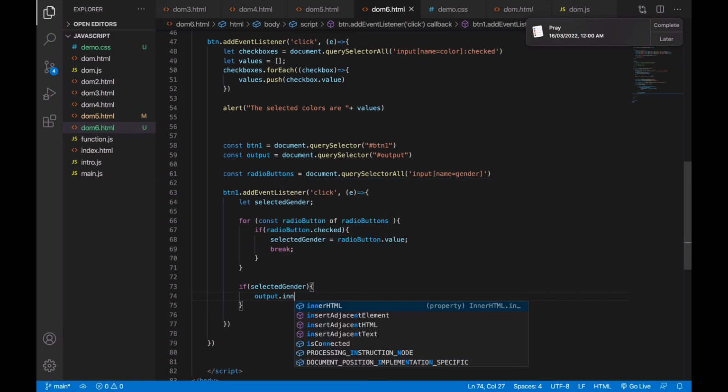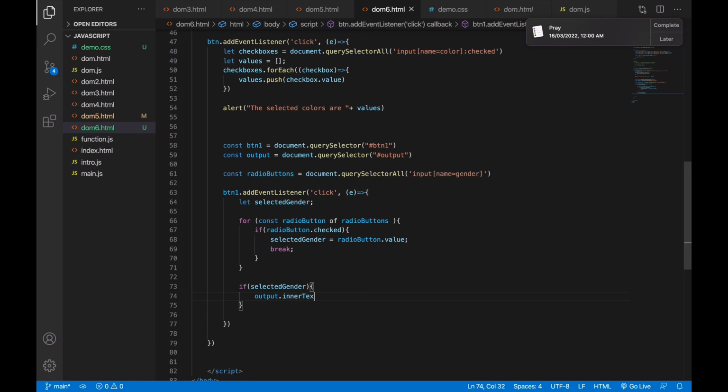It is not inner HTML, inner text, because we are not creating an HTML. Output dot inner text equals to